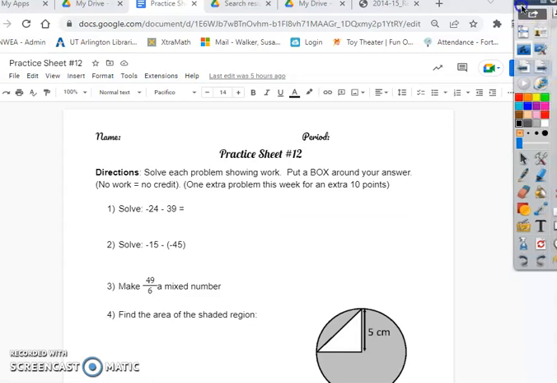Everyone, we are going to work on practice sheet 12. So let's start with number 1. So we're going to do number 1, y'all will do number 2. So number 1,